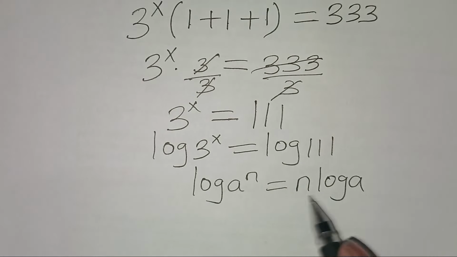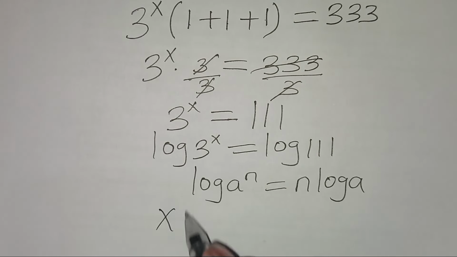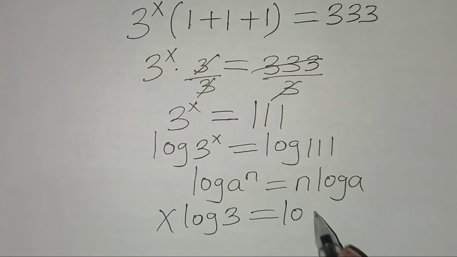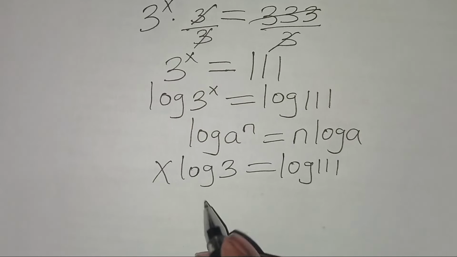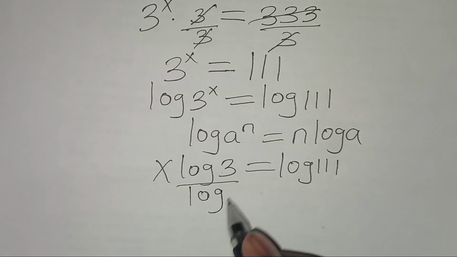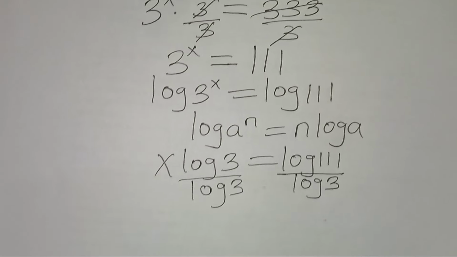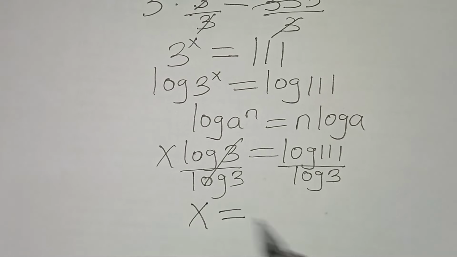Applying this power rule property, log 3 to power x becomes x log 3, equal to log 111. So let's divide both sides by log 3. Simplifying, log 3 and log 3 cancel, so that x is equal to log 111